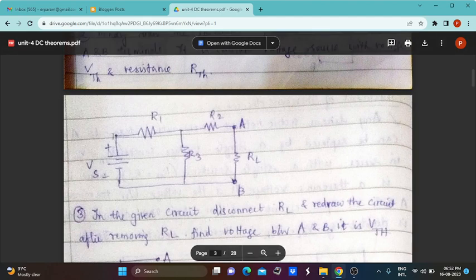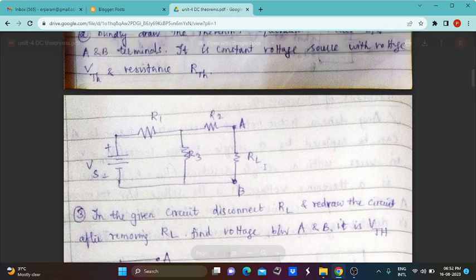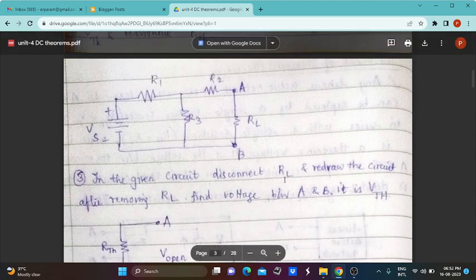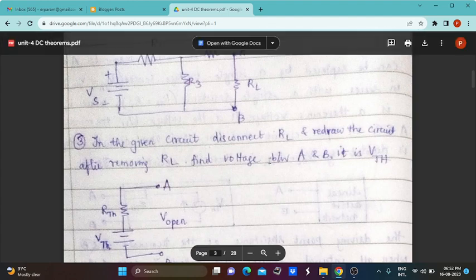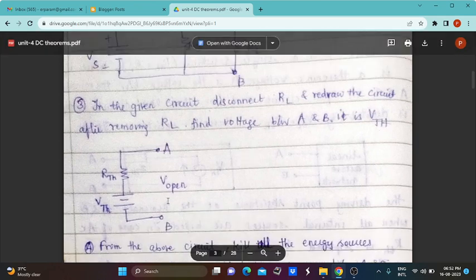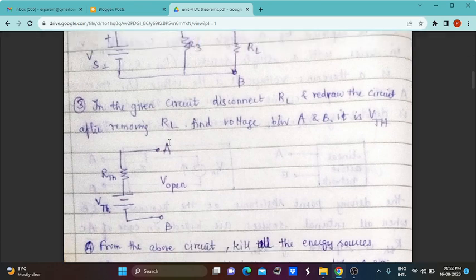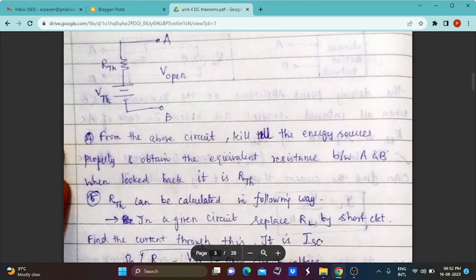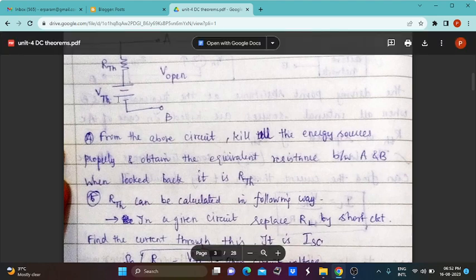So this is your given example. Vs is the source voltage which is given, along with R1, R2, R3 and the load resistor RL in between terminals A and B. To find the VTH, you have to disconnect the RL and redraw the circuit. After removing RL, we can find the Thevenin's voltage between these two terminals A and B. And from the above circuit, we kill all the energy sources. Whatever voltage sources or current sources are given, we remove everything and look back at it. After that, we can find the